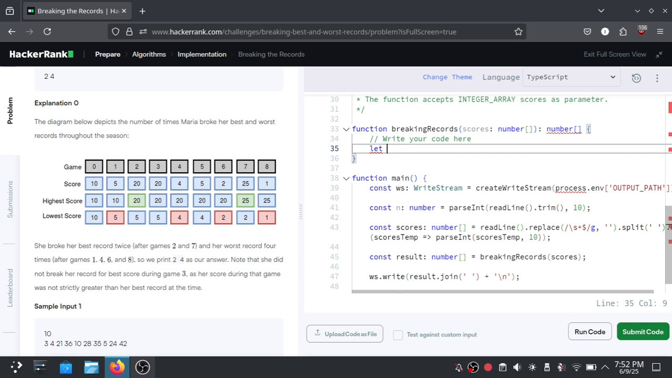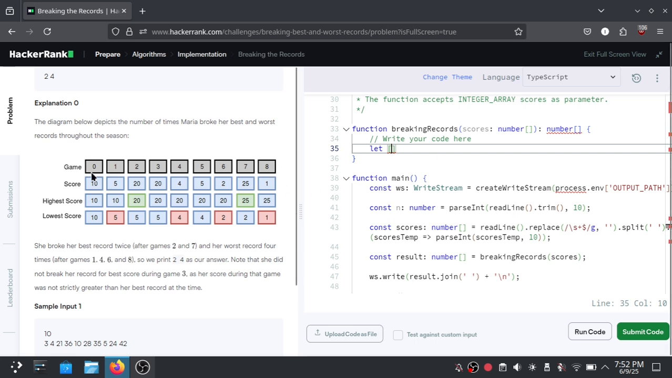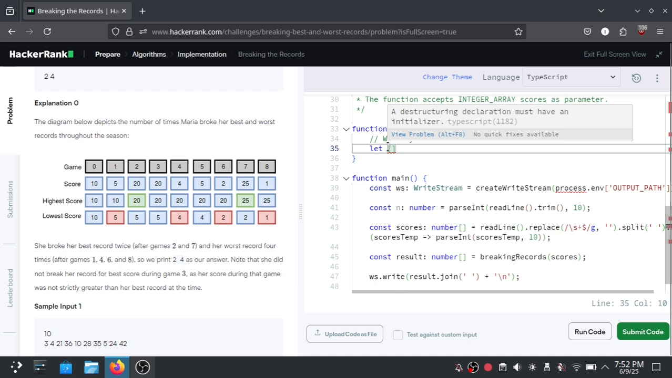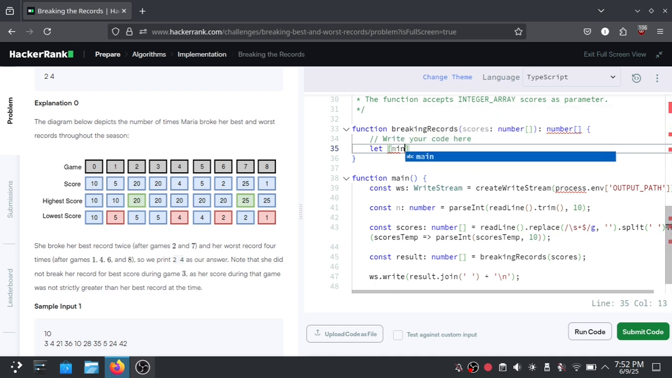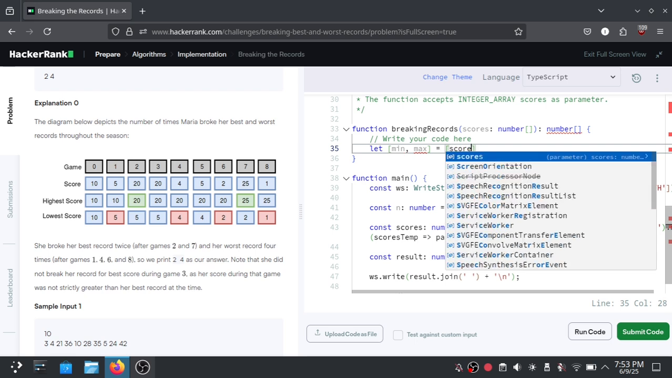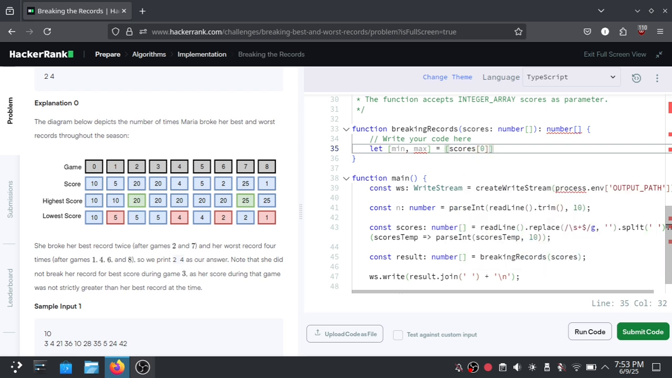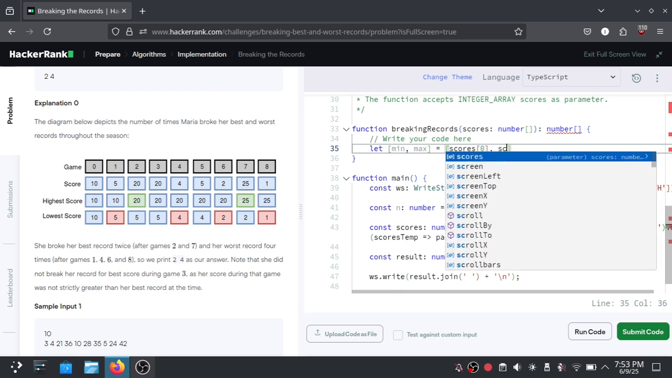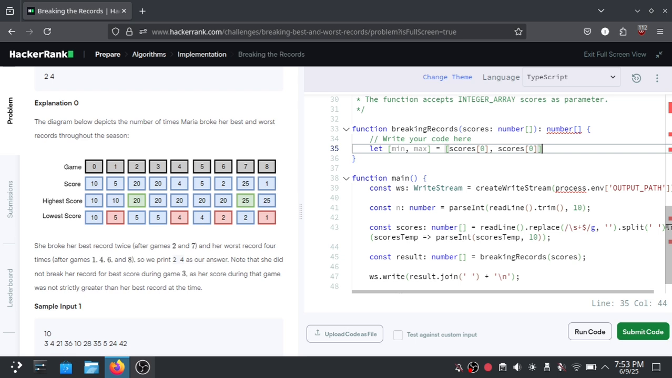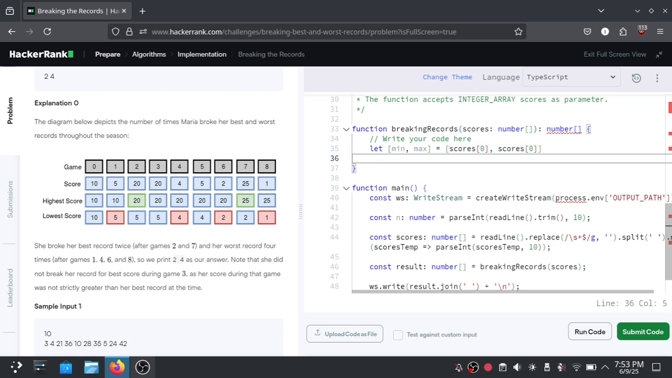Okay, so for the first one, let me iterate and calibrate the first game, and then calibrate the highest and current lowest score with min as the minimum and max, and then declare it as the lab variable of an array to make it more short and concise, using the first element of the scores, which is the element of 0, and then for the max value we also determine using the first element inside the scores array, and then we can